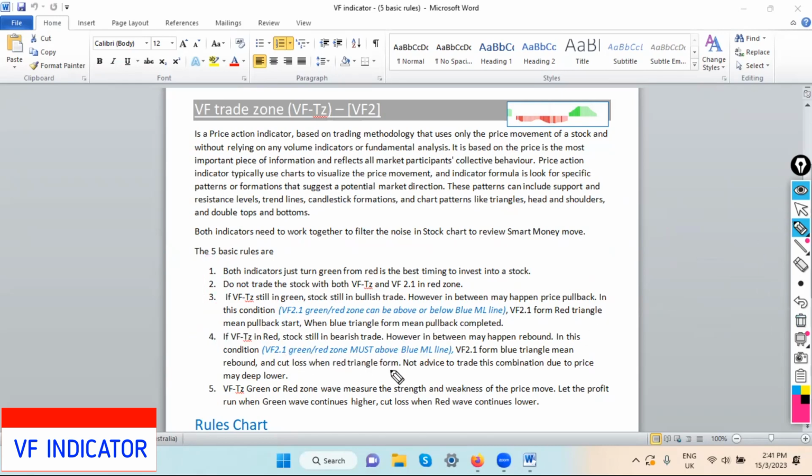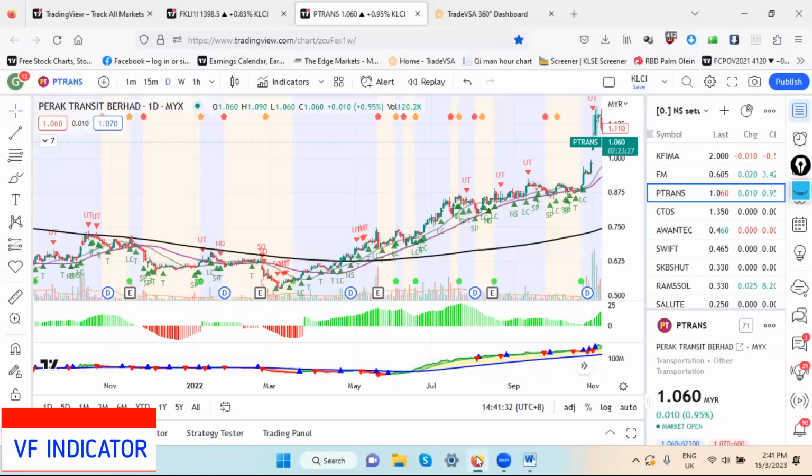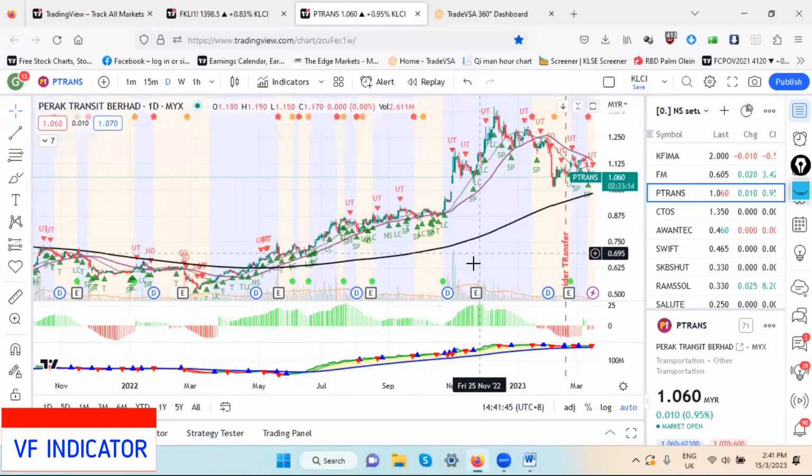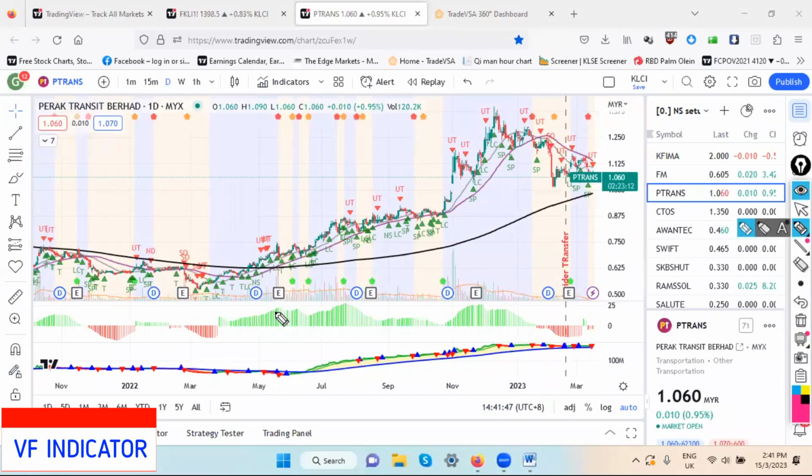The last one: the VF trade zone, green and red, is a wave measurement of the strength and weakness of the price movement. You can see here, when you have a wave like this, when it is continuous, I make it auto and come to here. When you see the wave from here getting weaker and weaker,